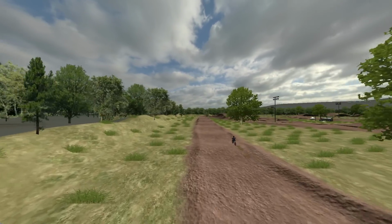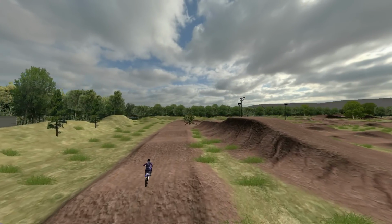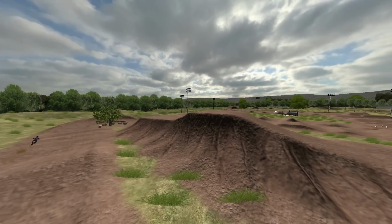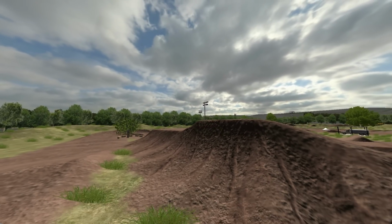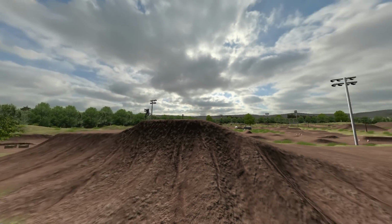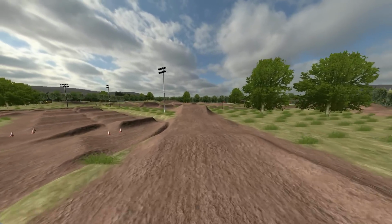Just medium difficulty, simply because it's not like a stock track. It's a little more like your realistic track, you know. But definitely really cool realism on these jumps and stuff. So you could jump this all the way for sure on a 450, all the way to the landing. But yeah, anyways, super fun